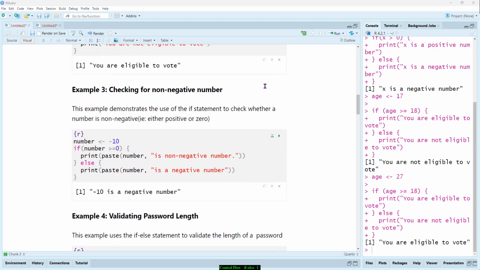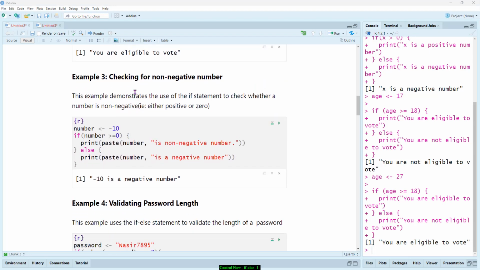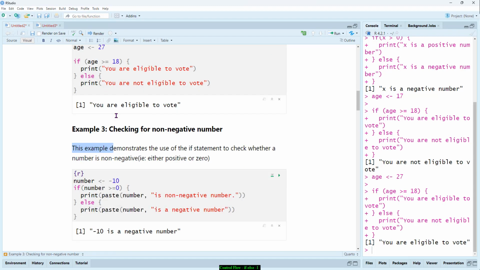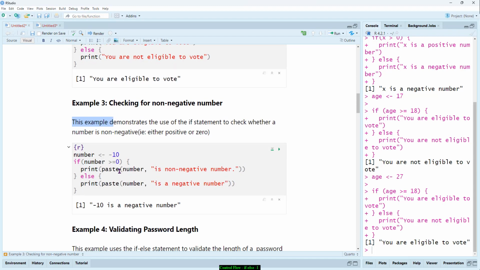Right. So let's look at example number 3, which is checking for non-negative number. In this example, I demonstrate the use of if statement to check whether the number is non-negative, either positive or 0. So this is the same example as number 1, right? But now I'm going to use paste function. Let's say if I letak number, this is number -10,